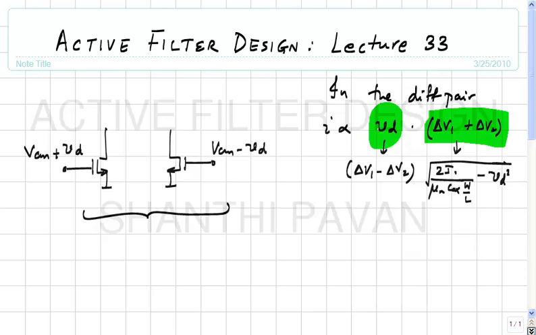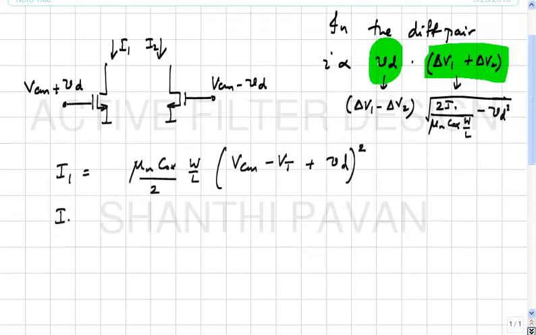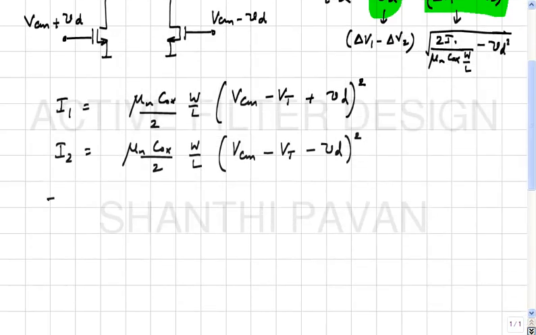And if you simply look at this where we remove the tail current source, in other words, there is no tail current source at all, right? This is back to two common source amplifiers operated separately. So what is I1? Mu n C ox W by L times VCM minus VT plus VD the whole square by 2, and I2 is nothing but mu n C ox by 2 W by L into VCM minus VT minus VD whole square, all right, which means I1 minus I2,